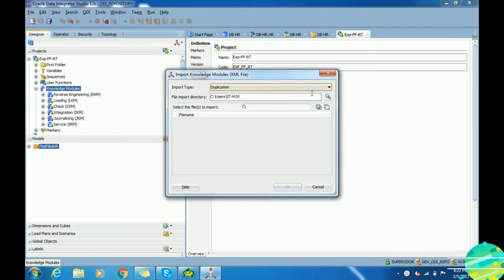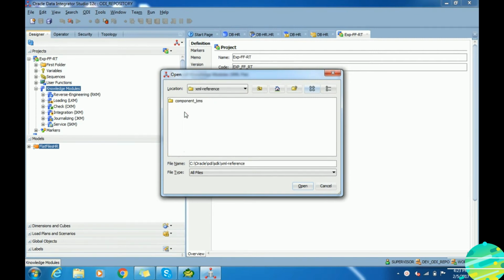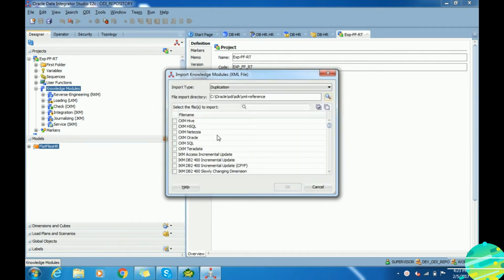The first thing we have to do for any new project is import the knowledge modules which we need. Knowledge modules are stored under Oracle Home in ODI, then SDK, and then the XML reference folder. The moment you give that folder, it imports all the knowledge modules under that folder.